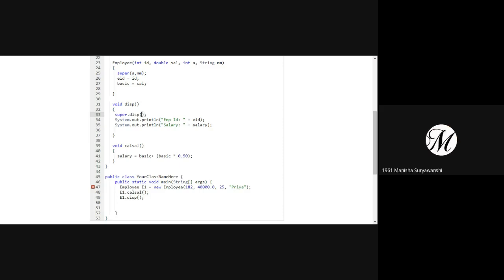For example, if you have the same function, note that this display function and this display function are method overriding. The signature is exactly the same. The number of parameters that you pass to this display function will be the same as the parameters that you pass for this display function.